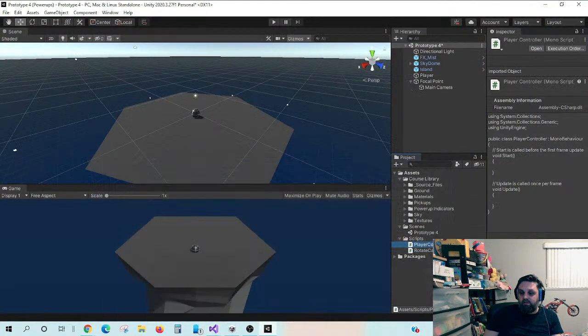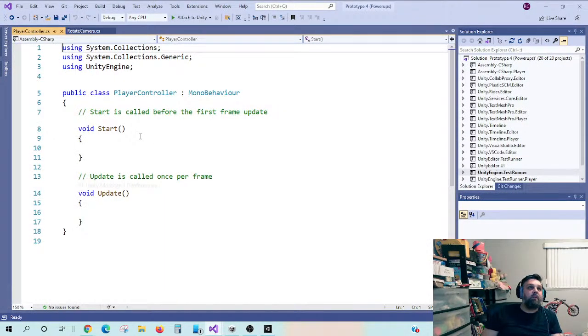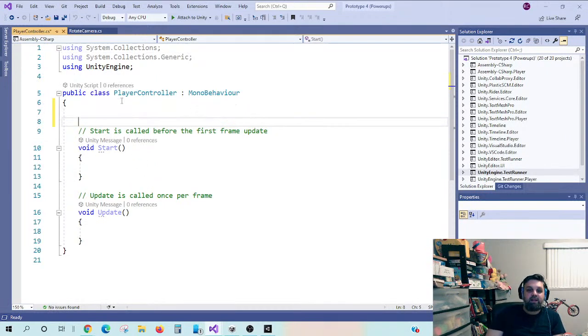Okay. Player controller, put this one onto the player. And now we want to add the vertical up and down. So I think, okay, that's interesting. What I'm thinking they're trying to say here